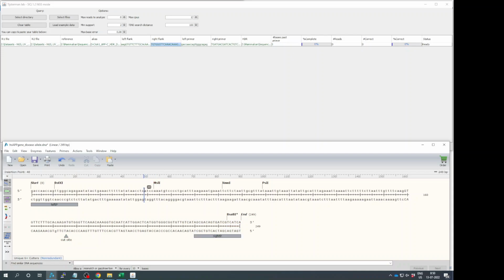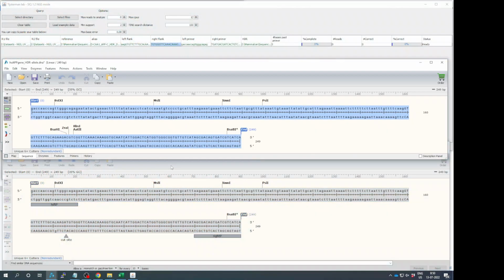And what I also did during the experiment is to add a HDR template, which when used results in a few SNPs around the target site. I'll just show you here. So I have this HDR reference sequence. The left primer is also present, the right primer is also present, but then over here there are some SNPs